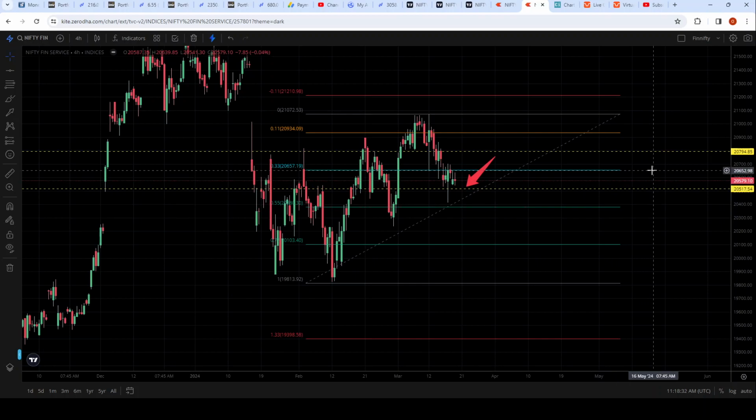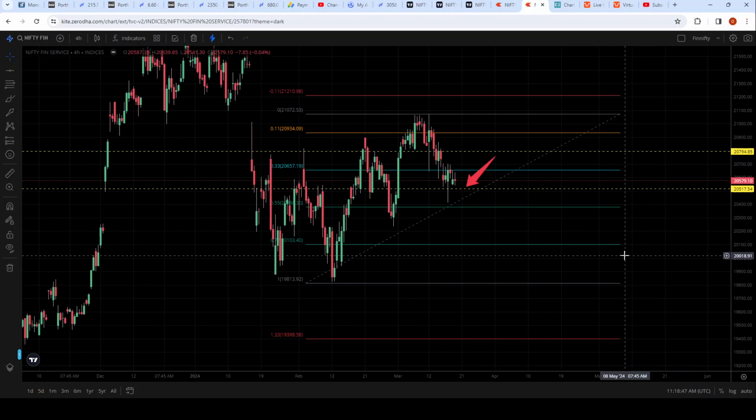On the way up, if it tries to go up, it'll face strong resistance at 20,650, and then a very strong resistance at 20,790. So these are the levels for Finnifty. All right, keep these things in mind. Consider the fact that the next 2 days are going to be news driven. Also consider the fact that indices are looking a little weak